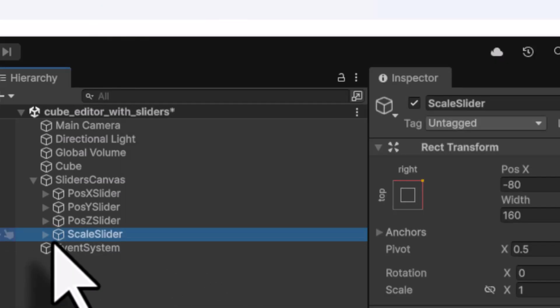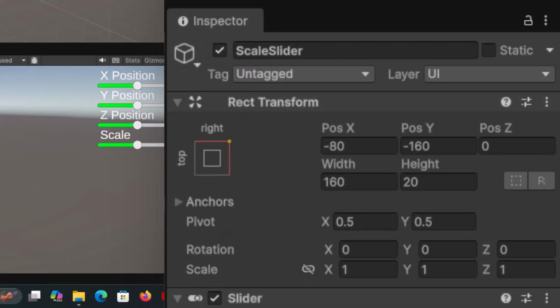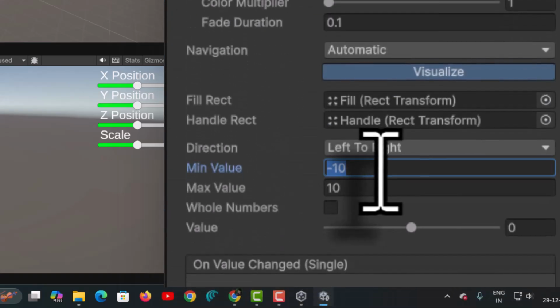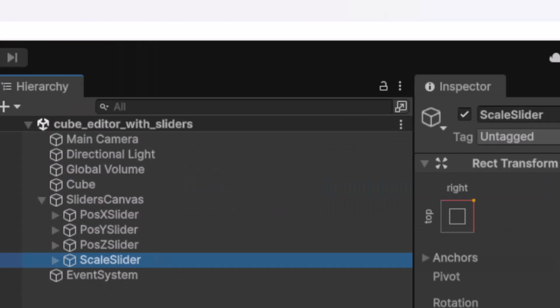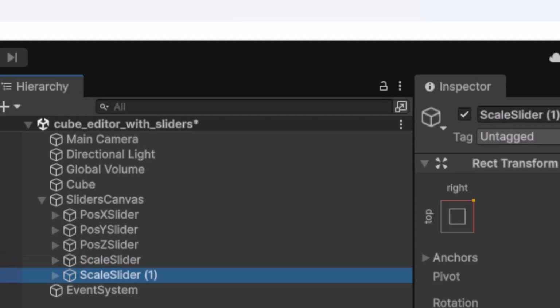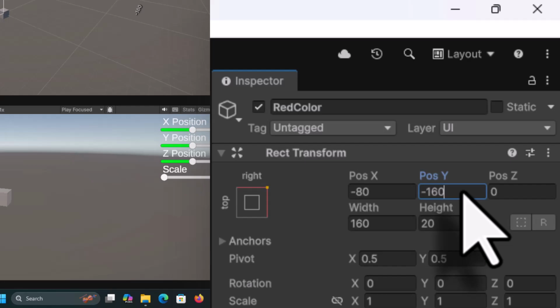Another adjustment I have to do is, the scale doesn't start with zero, so I will come here in the inspector and set the minimum value to 1 and the maximum size I can scale is 5. I will select the scale slider, press Ctrl D to duplicate it, then press F2 and call this red color. I will come into the inspector, and along the Y axis minus 160, I will add another minus 40